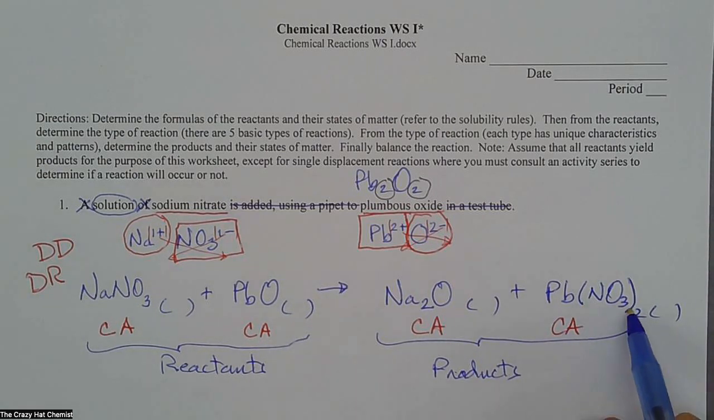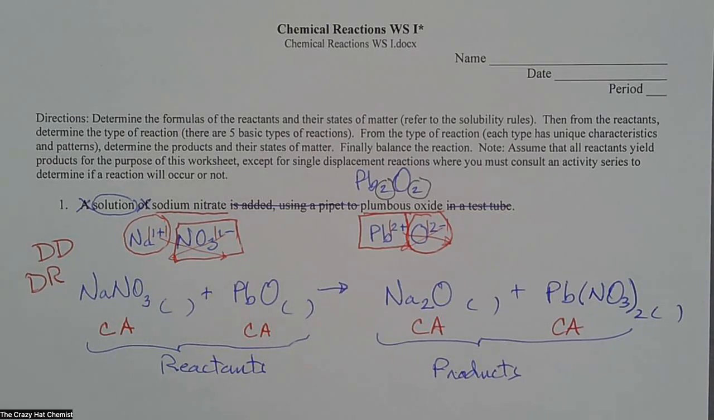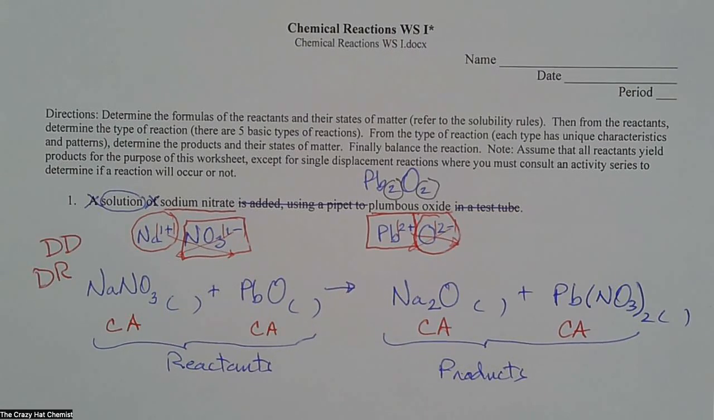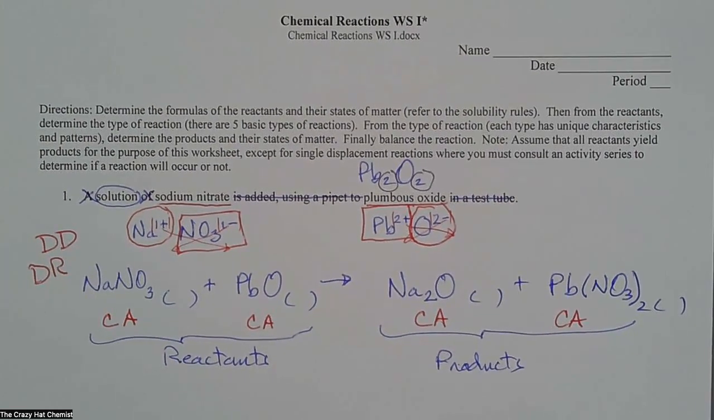Notice that I put parentheses around this polyatomic ion. Anytime you have more than one of a polyatomic ion, you're going to need the parentheses. This 2 distributes over all the terms inside the parentheses, just like any kind of math problem, because this is really an applied math class. Okay. All right, now we're going to consult our solubility rules, and from our